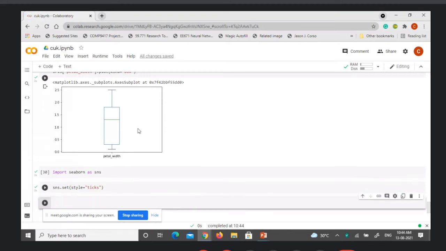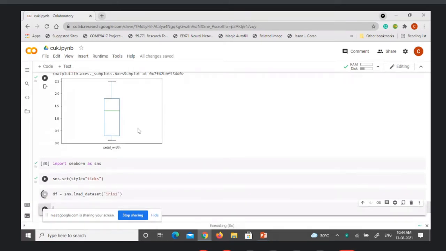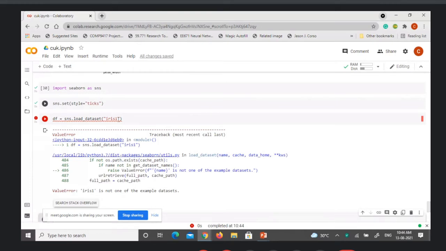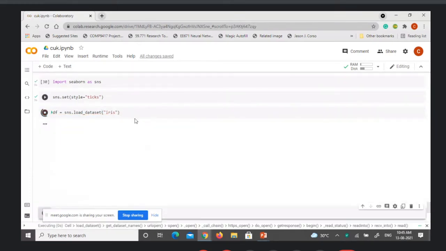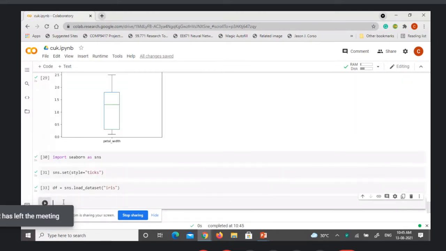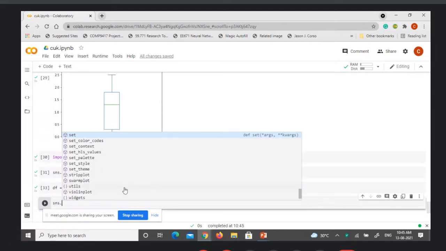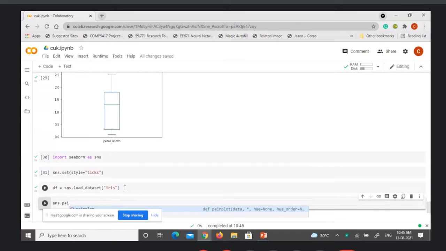Now we have a beautiful method in Seaborn called pair plot.